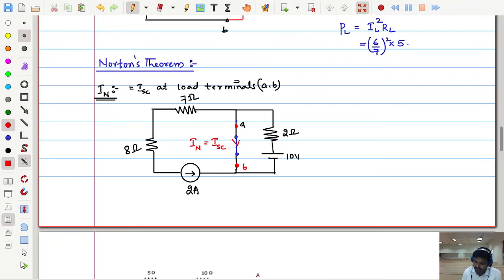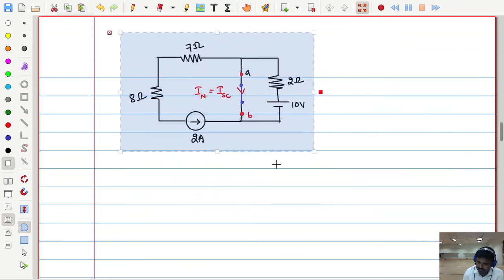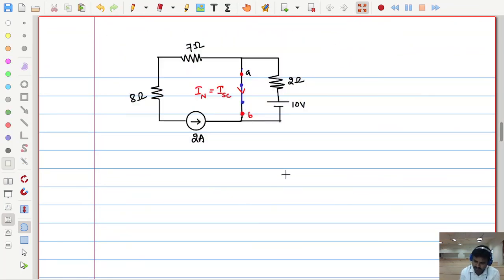Now can you tell me how much is the current through this wire? This is very interesting. See, A and B got shorted. Now I just want to highlight this section. See here, very interesting things. These kinds of problems you have to work a lot, because this only makes you confused many times.